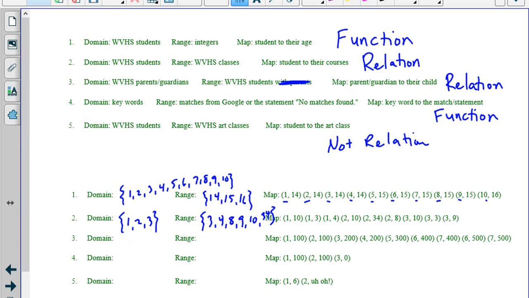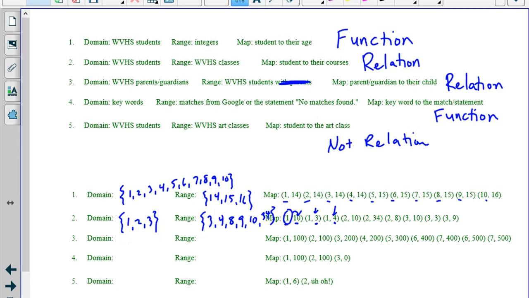This is a relation because if you notice, I basically just kind of took something that's similar to number two. So mapping student to their courses. So this student has the course 10, the course 3, and the course 4, so to speak. But notice that each student has more than one course. So therefore, we cannot have a function that is a relation. If we look at number 3,